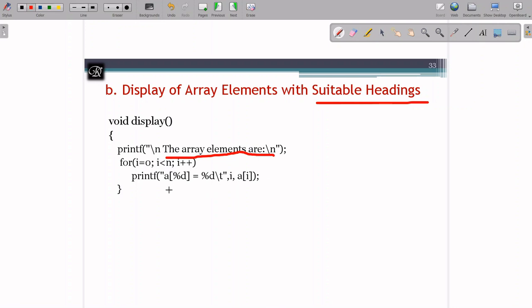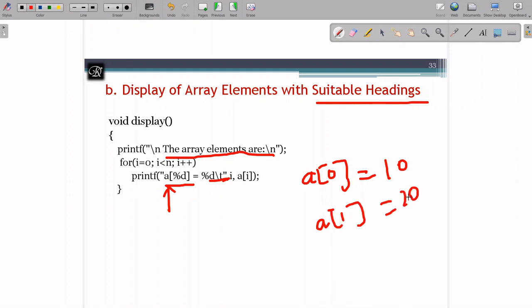After that, I am going to take up each array value at the respective position. For example, I have given 10, 20, 30, 40, 50. If I want to display them, how can I display? So A of 0 is having 10. A of 1 is having 20. Like this, I am going to display the elements one by one